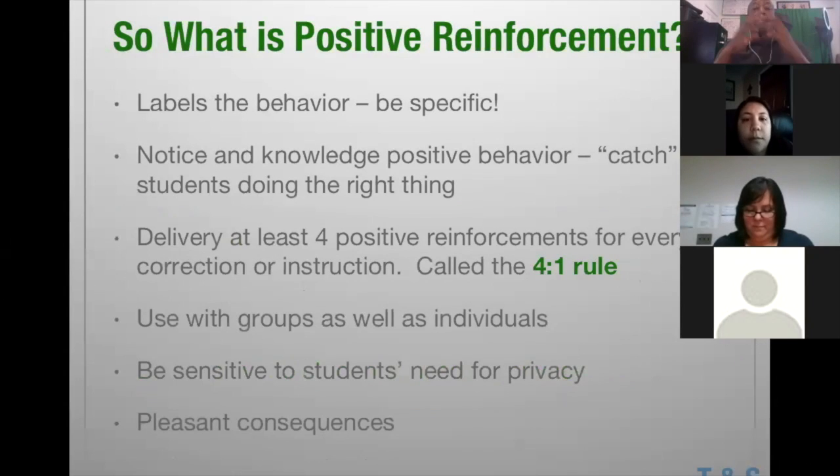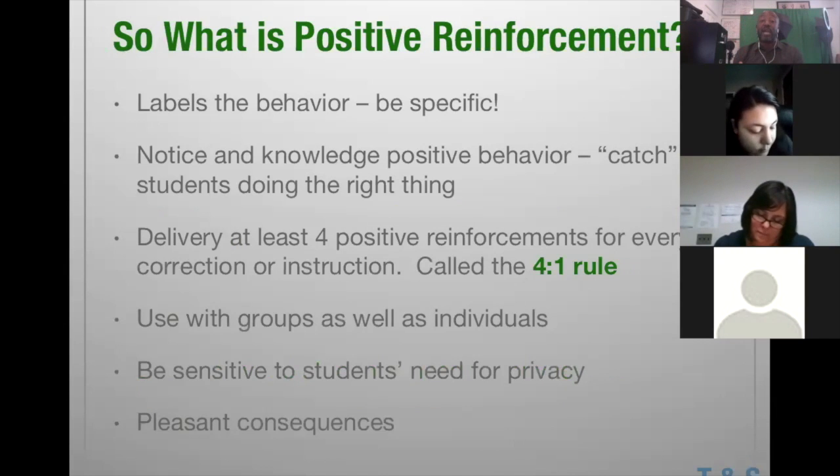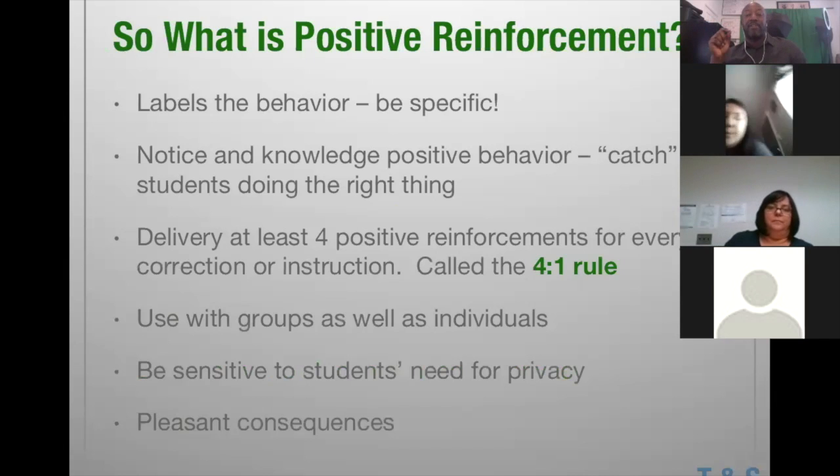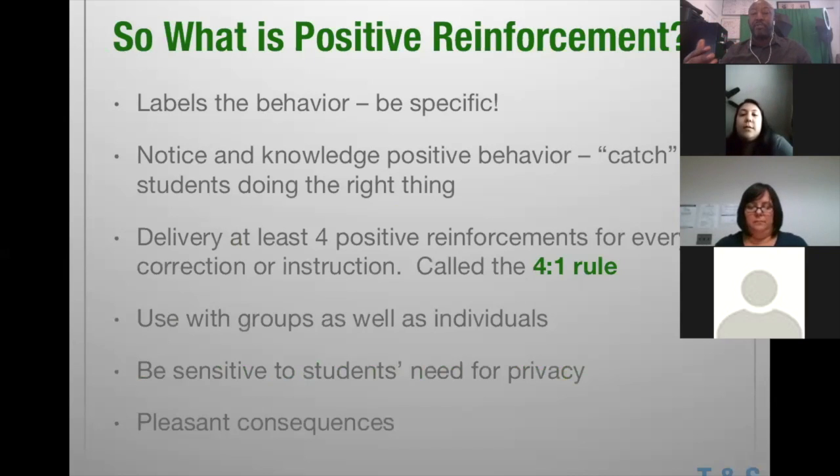Positive reinforcement, as opposed to casual contact, which was vague, is very specific. What we want to do is catch those students doing the right thing and deliver the 4-to-1 rule. Okay, remember when we talked about the 4-to-1 rule, what we're talking about is